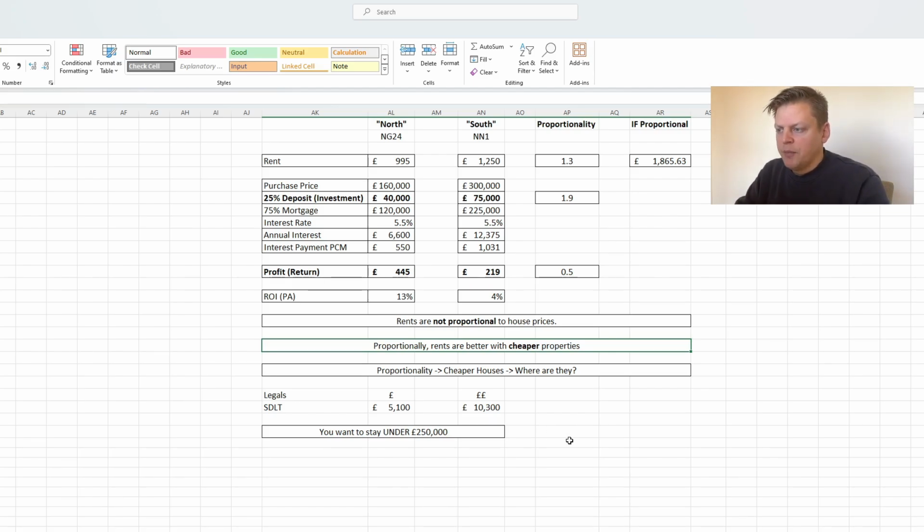Also then, a little aside, but let's just touch on this because I think it's very helpful, hopefully for you. Cheaper houses cost less in terms of conveyancing, more expensive houses cost more, and stamp duty land tax is going to be cheaper for cheaper properties than it is for expensive properties, because as soon as you go under £250,000, you're in different stamp duty land tax brackets. So you should be considering properties under £250,000 from a purchase and from a rental point of view